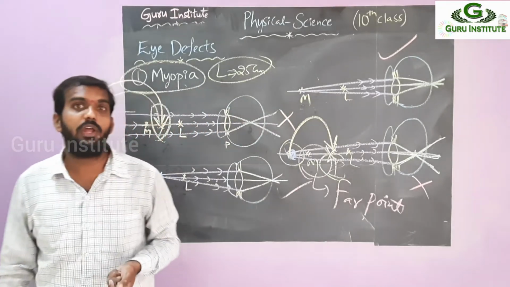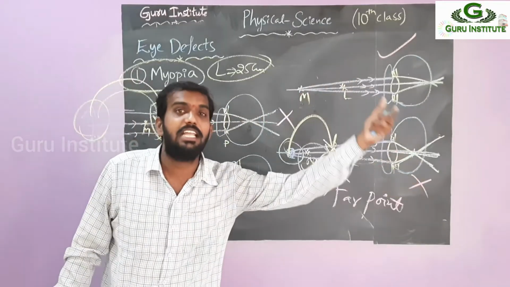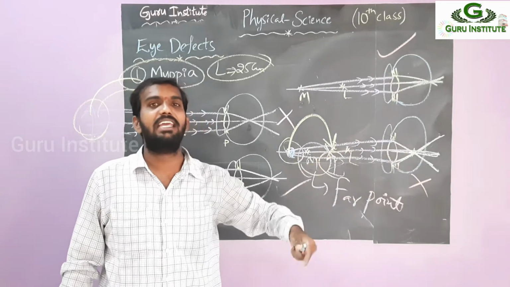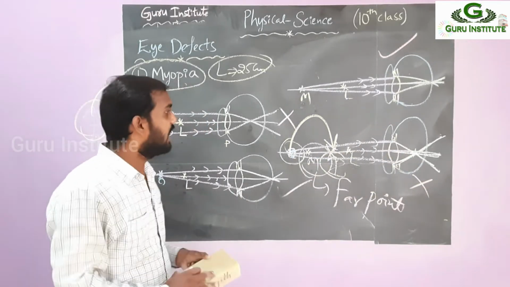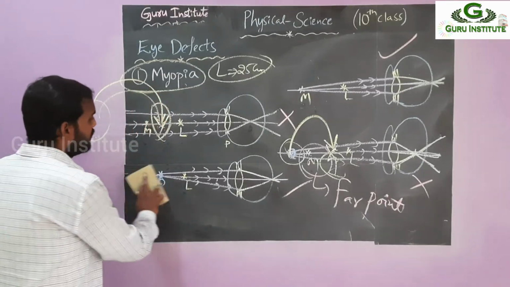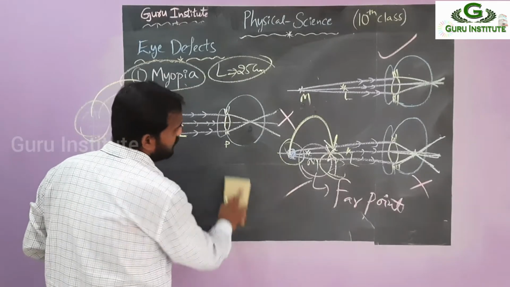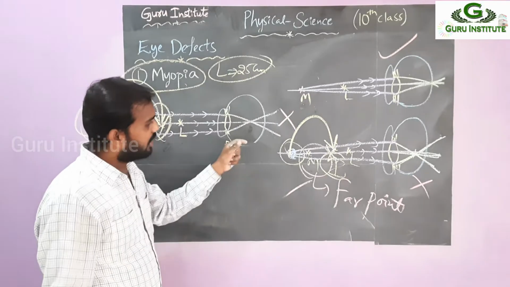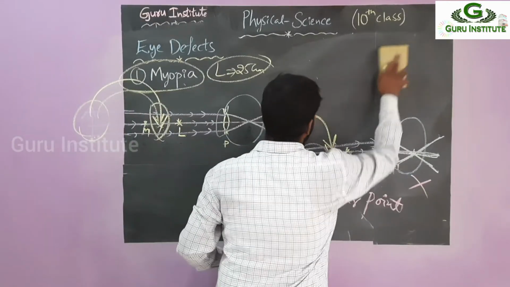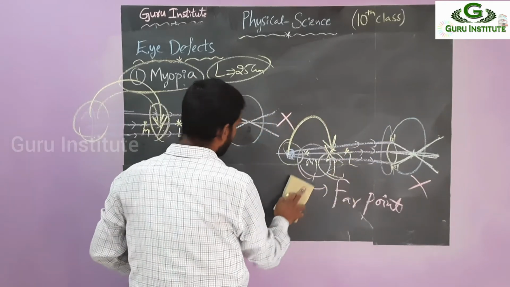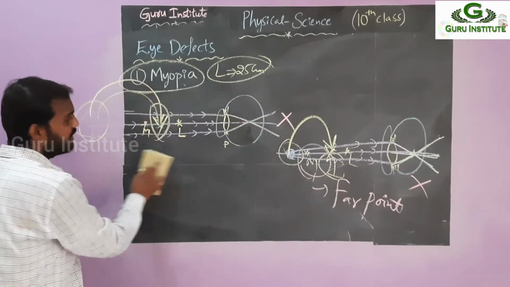What is the property of a concave lens? Far images can be visible to you as nearer, right? So here I am using the concave lens. Then I can do this correction. This is called correction. So I am keeping these two pictures for you, for easy understanding. So like this only. Then I am drawing the correction figure here. Just see here.